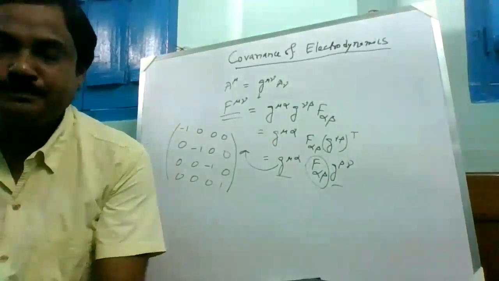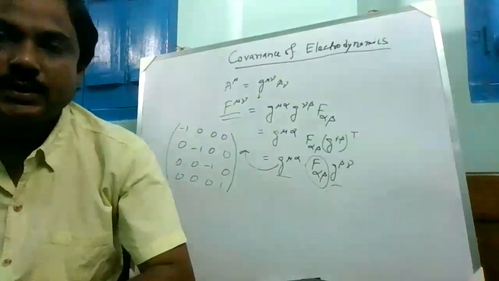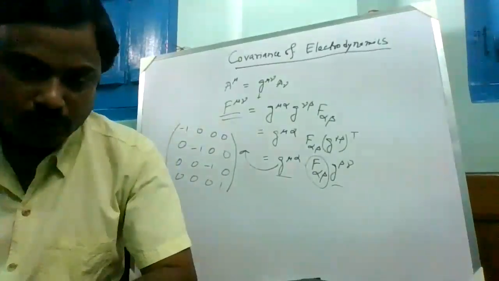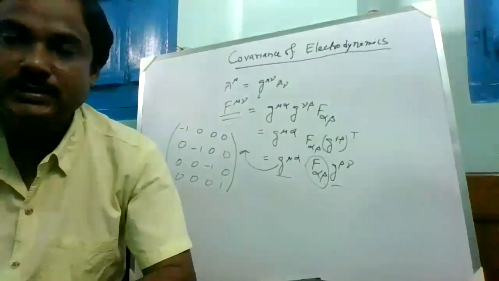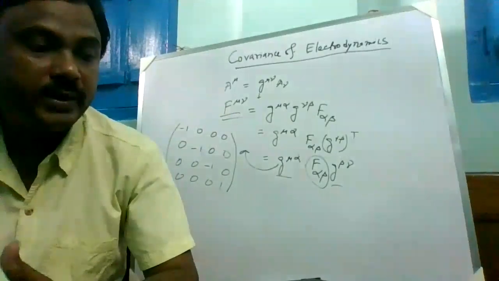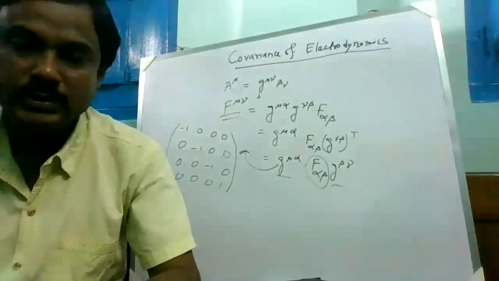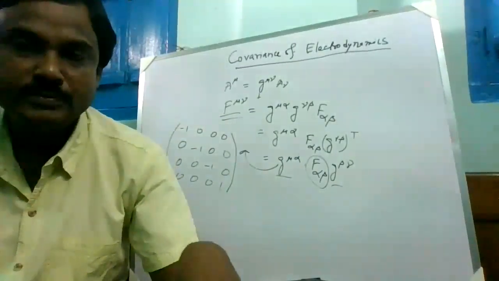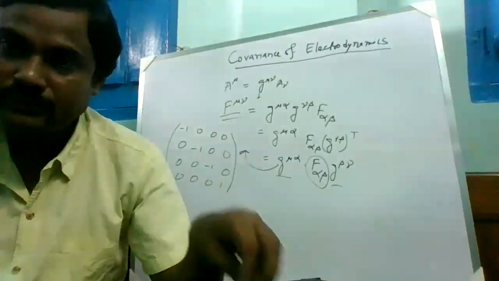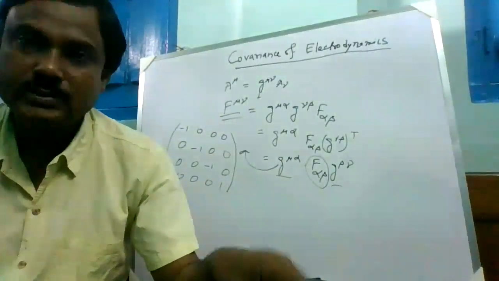We can express the field, electric field and magnetic field, in both ways, in contravariant or in covariant, but it is indeed a tensor of rank 2. It is not a vector. আমরা এতদিন জেনে এসেছি ইলেকট্রিক ফিল্ড ম্যাগনেটিক ফিল্ড ভেক্টর দিয়ে এক্সপ্রেস করা যায়, কিন্তু ফোর ভেক্টর নোটেশনে this is the first indication that these are not really vectors.